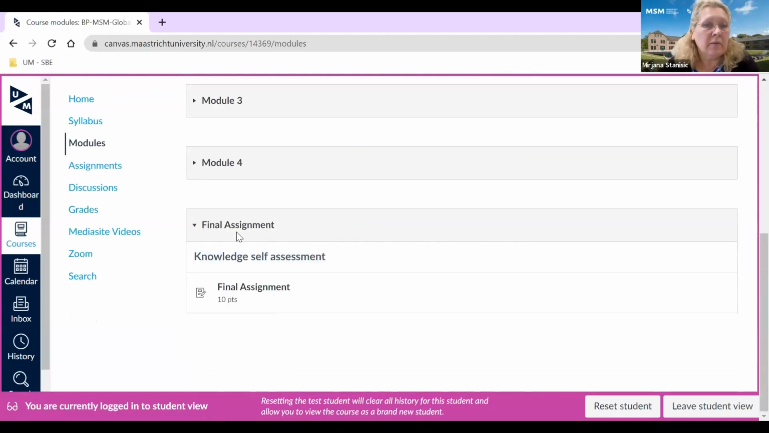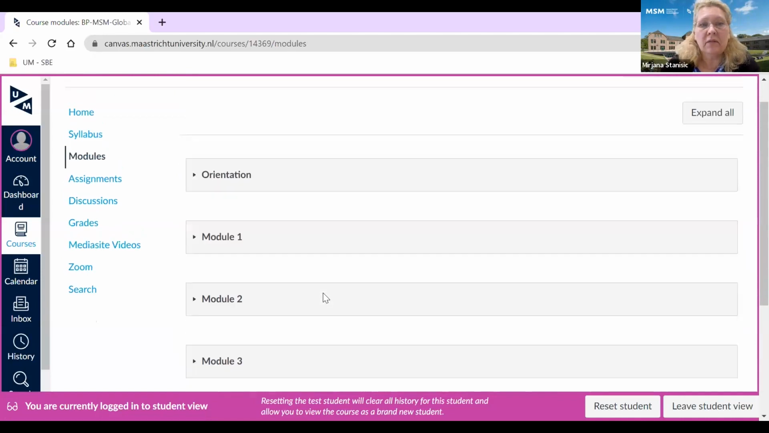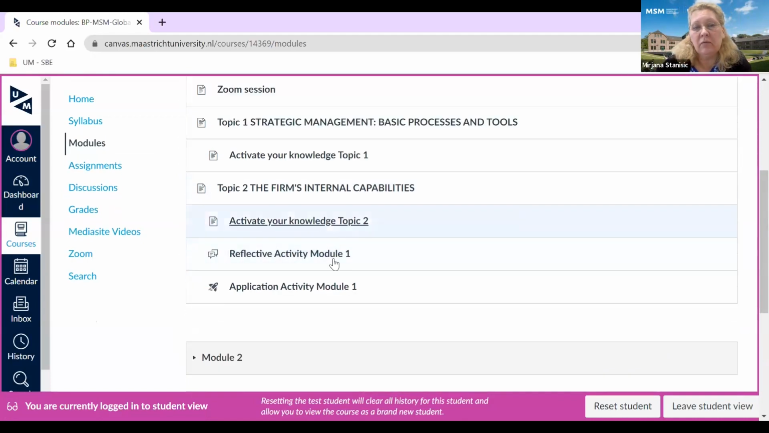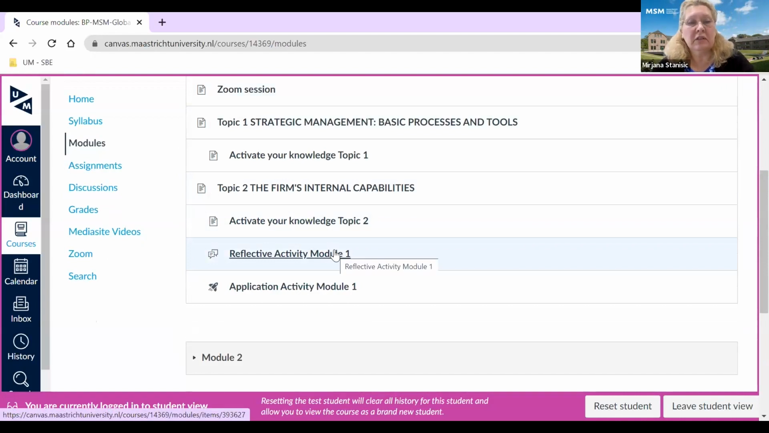I would like to emphasize one more thing: we have an orientation phase, and then each week a module. All the activities here are reflective activities or application activities. We are aware that our students are busy, and that's why we want to touch base with you throughout the week with Zoom sessions, to have a bit of exercises and a chance to discuss issues with your colleagues on a certain topic. We also give you the possibility to go through all the activities and reflective activity and application activity